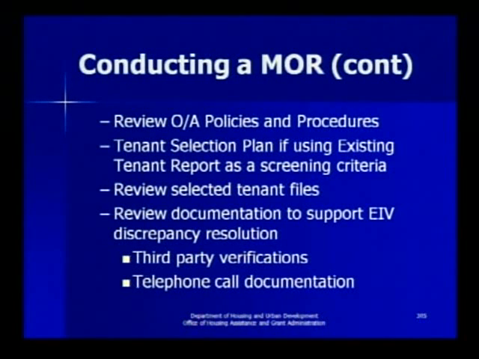Again, when conducting your MOR at this time, we're in a mandatory environment now. You're going to review the policies and procedures to make sure they've incorporated the use of EIV. Review the tenant selection plan, make sure that they've incorporated their pre-screening to include using the existing tenant search. Review the selected tenant files for evidence that the EIV reports are being used as third-party verification, and also that